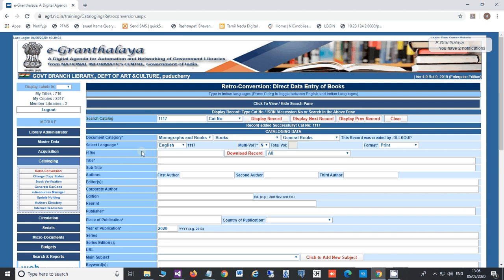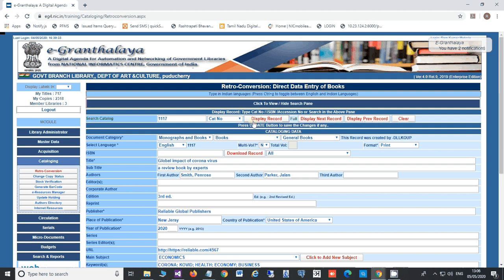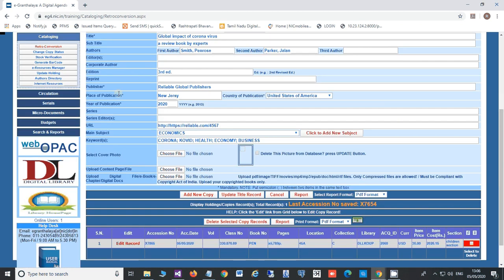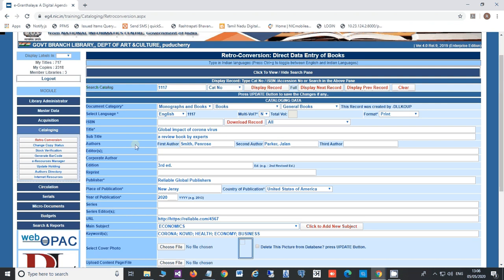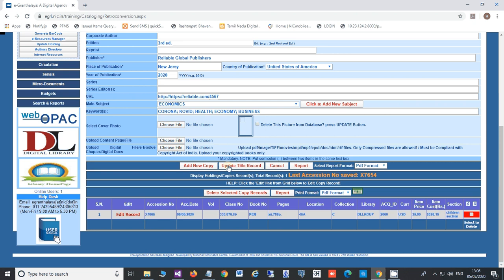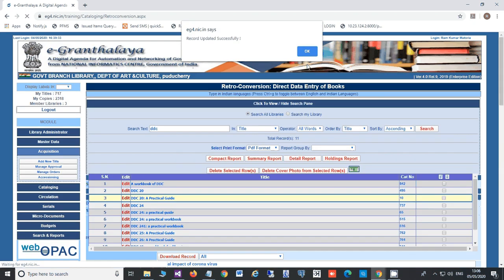In case copies of this book are also being purchased by other libraries, they should not enter a new record. They should enter this record number. You can redisplay this record again. If you want to make any modifications, you just overwrite and update the title record.